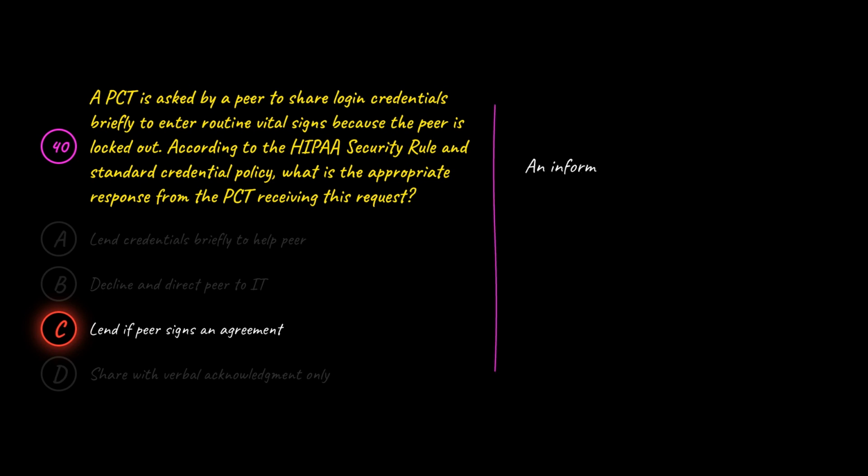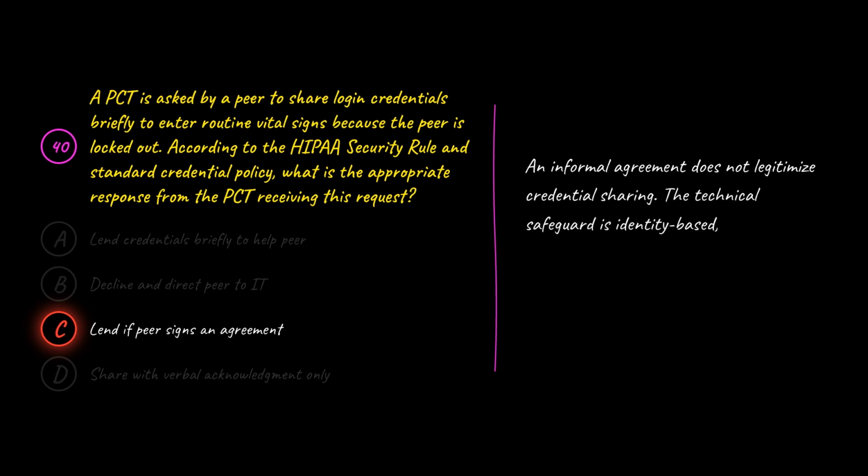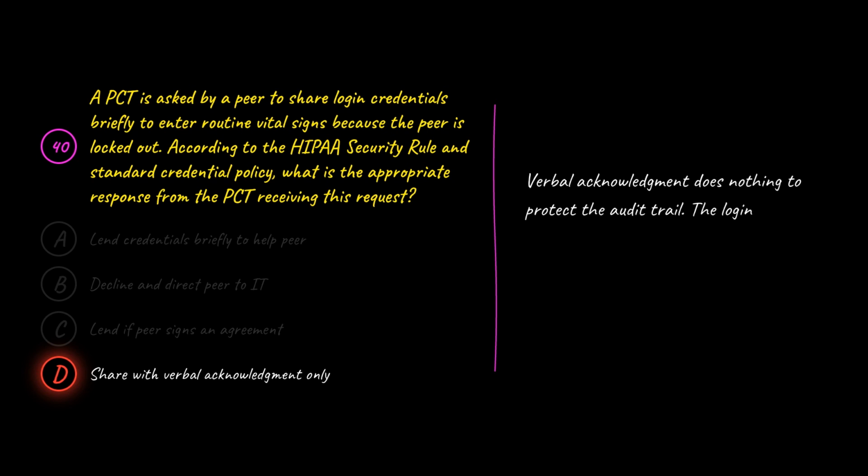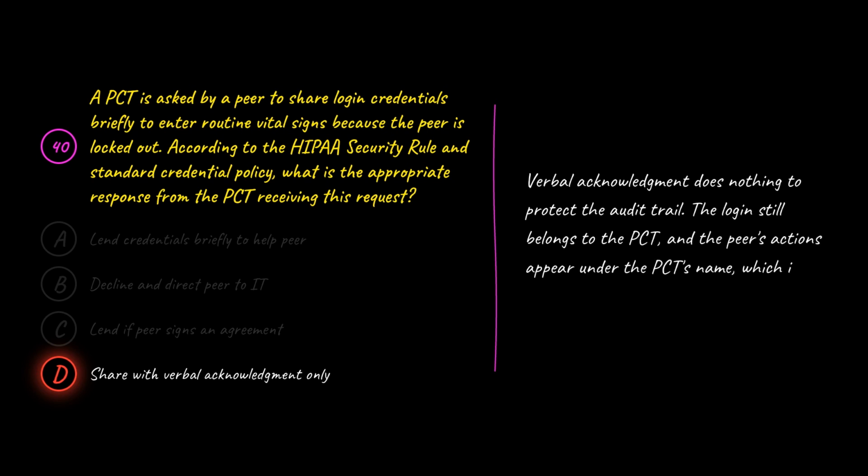C is wrong because an informal agreement does not legitimize credential sharing. The technical safeguard is identity-based, and no agreement between co-workers can override the institutional rule that each user uses only their own login at all times. D is wrong because verbal acknowledgement does nothing to protect the audit trail. The login still belongs to the PCT, and the peer's actions appear under the PCT's name,